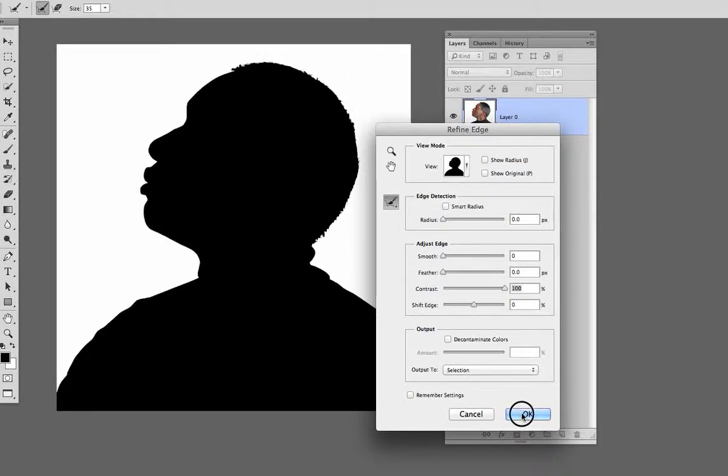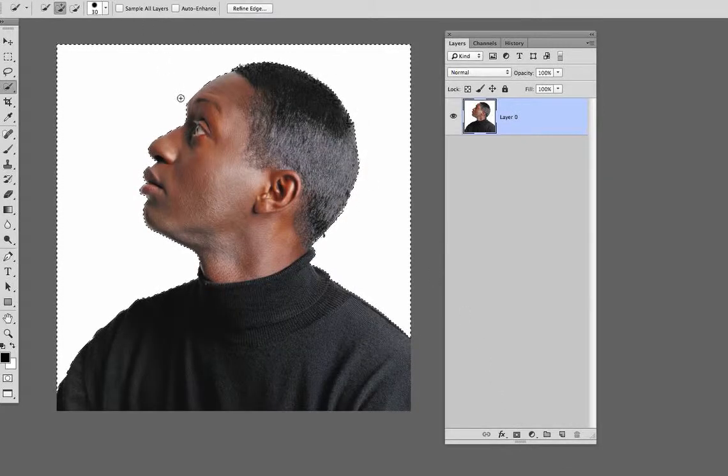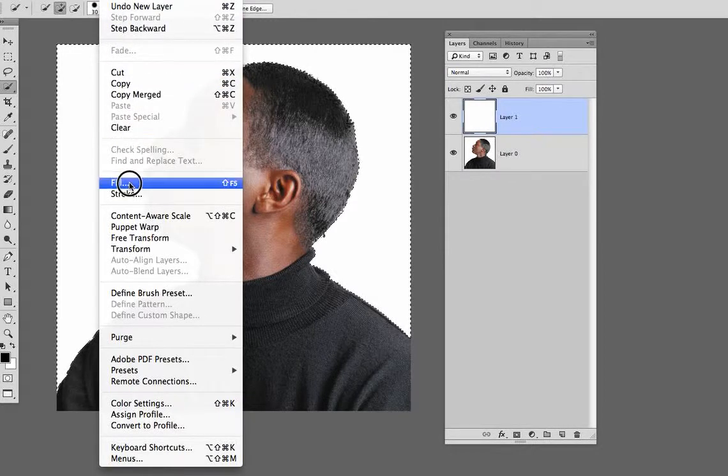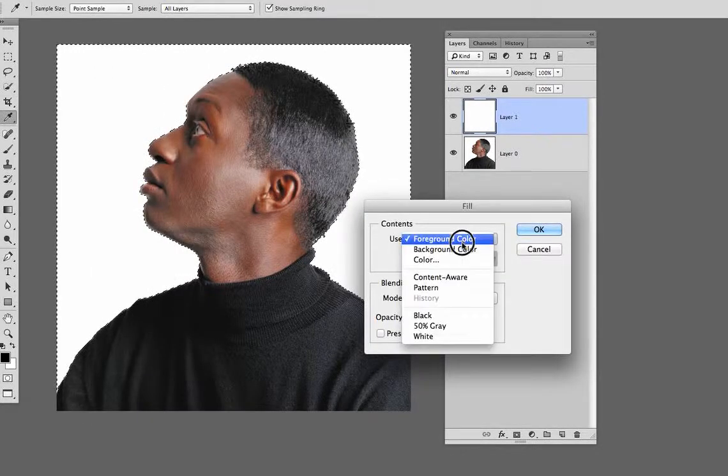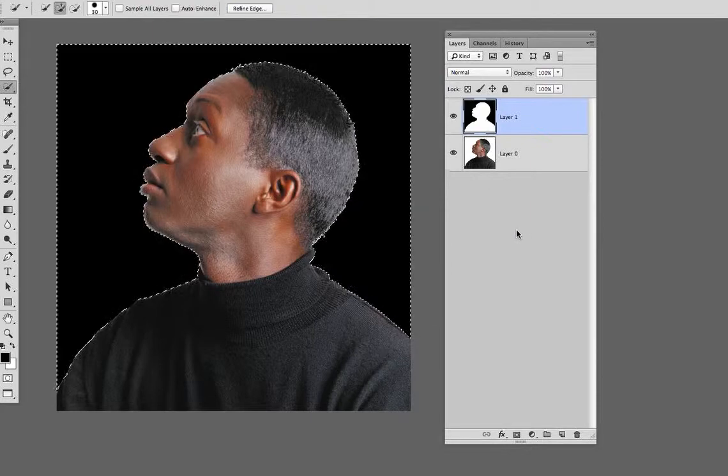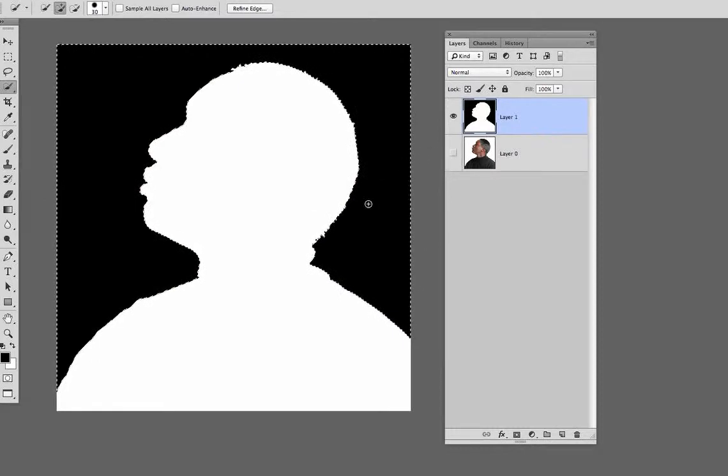So you say yes, and now you have a selection. See the selection ants right around here. So all you have to do is make a new layer while you have that selection active, and go to your edit menu, go to fill, and choose black. And so if you shut off this bottom layer, now you have a black background with a white figure,